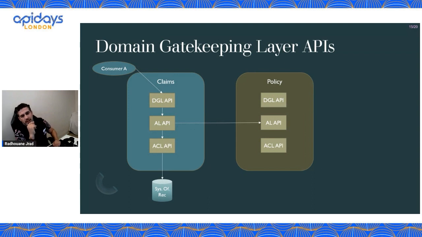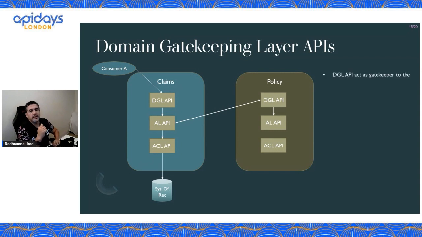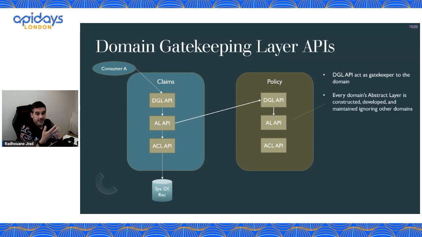How do you do it, you may ask? Very simple. Every request to a domain from outside the domain has to go through the domain gatekeeping layer. So the claims team, like a third party stranger, has to go through the control access, the door, and then you go down and you get the data you want, okay? So acting as a gatekeeper, you can enforce security about your domain. You have full control because the APIs are below the layer. They're not accessible directly from the outside, okay?